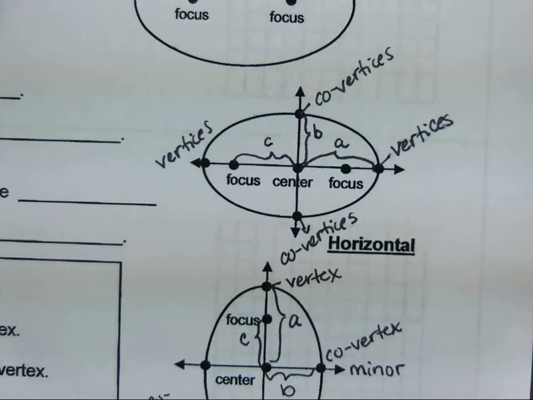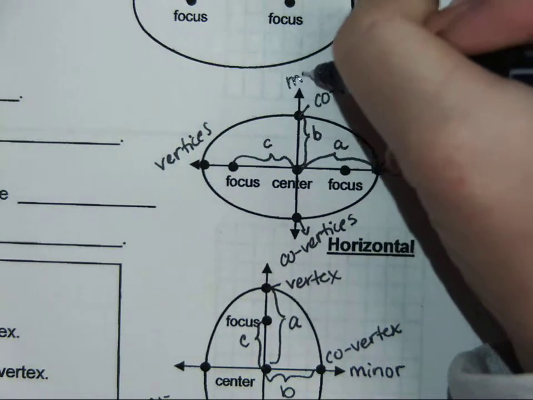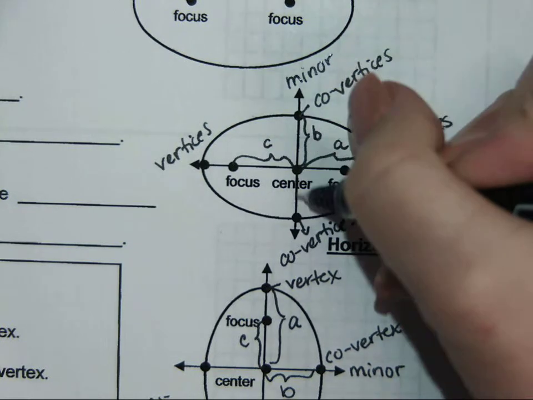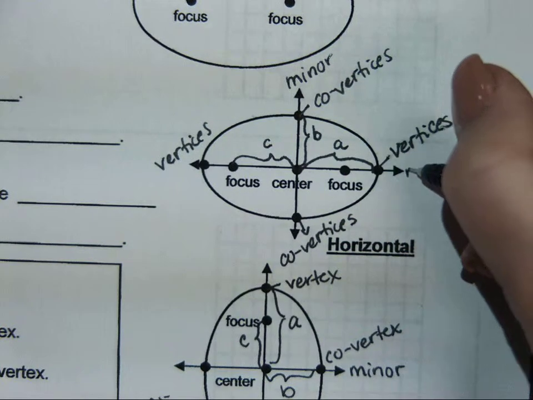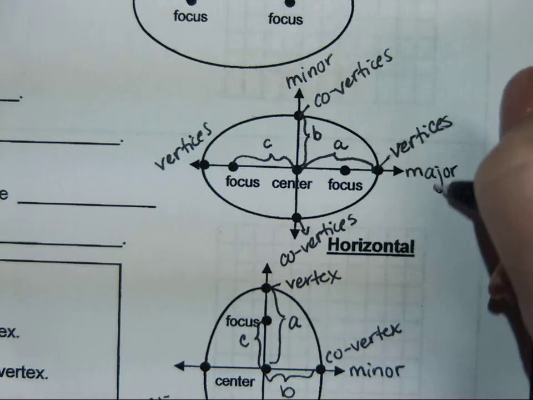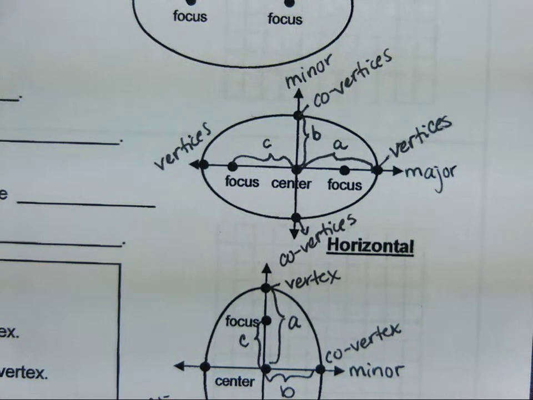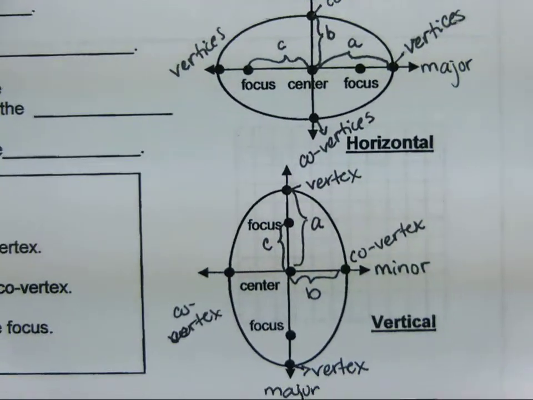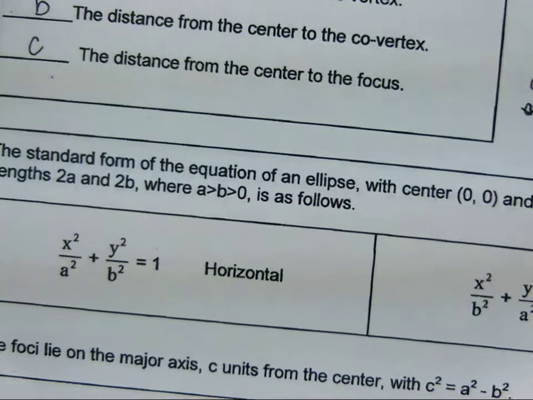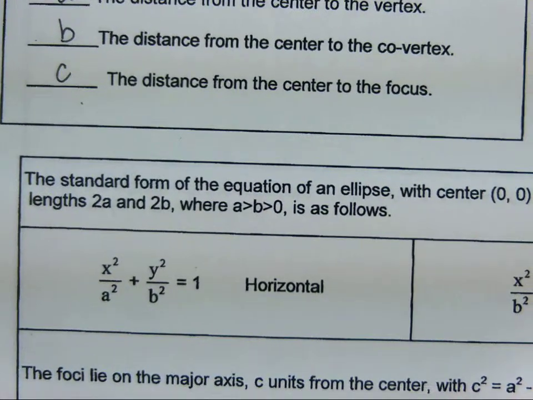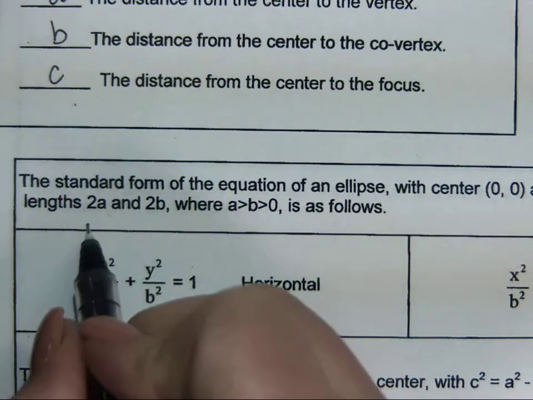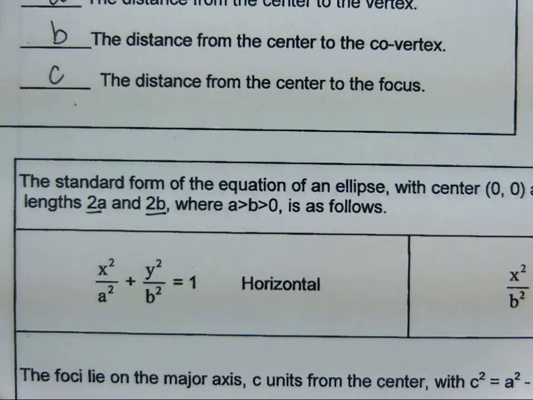All right. Same thing up here. This would be my minor because it's the shorter distance. And this would be my major because it's the longer distance. And again, the major axis is the same as the horizontal or the vertical. And so what it tells you is that the lengths of those axes are 2a and 2b. All right, so that's the length of the whole axis from one vertex to the other or one covertex to